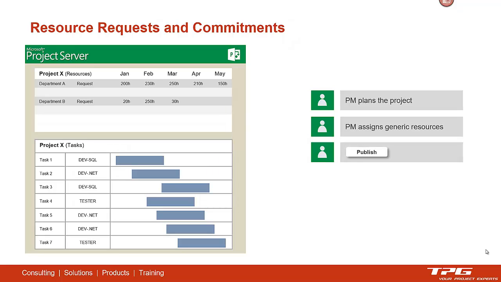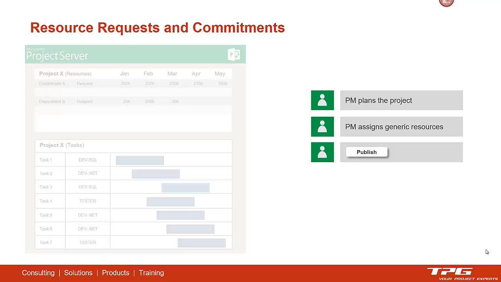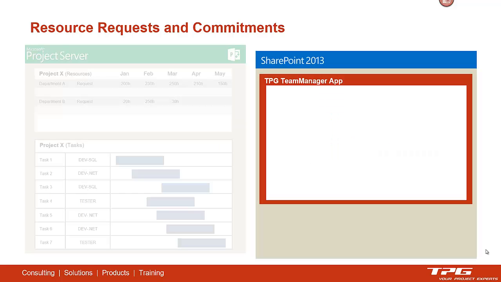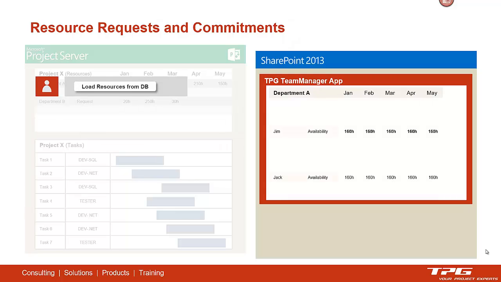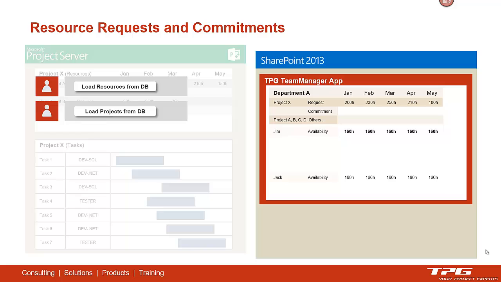So this has to be published, so therefore we need to have project server, and then the team manager comes in place. The team manager first has to load resources with their entire capacity from the resource pool. Then he loads the projects who are requesting